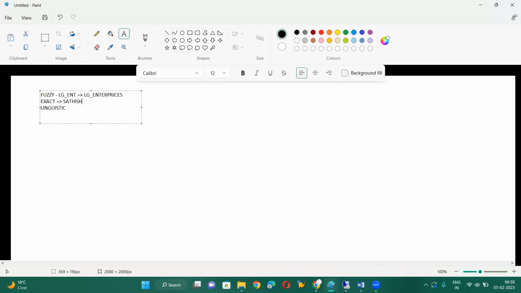So then only it will pick the data. Exact word it will check. Okay, this is the exact search. And coming to the linguistic search, for example, it will check some grammar also, like something I'm giving something